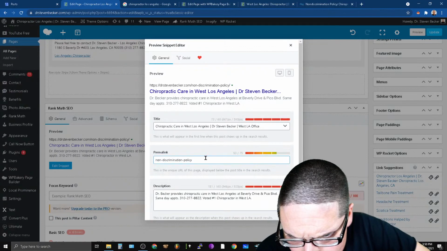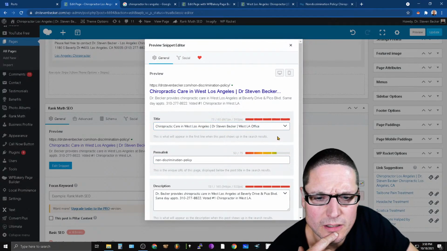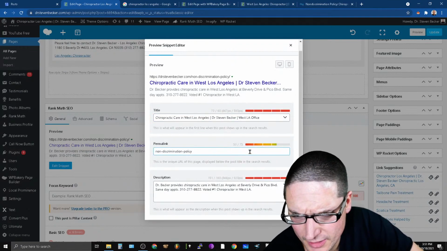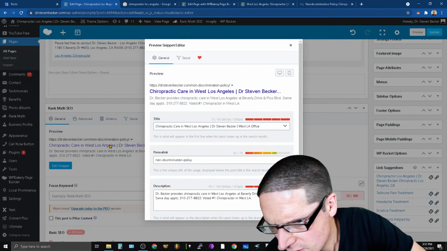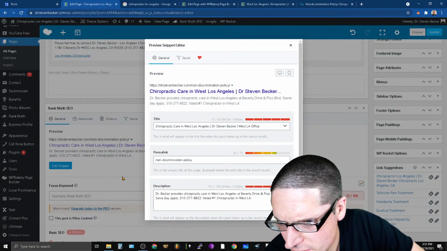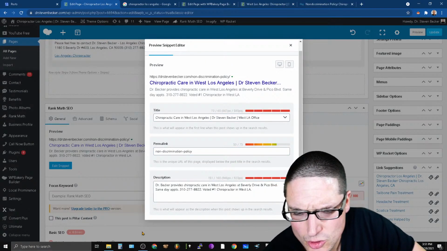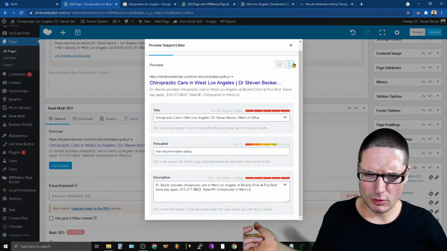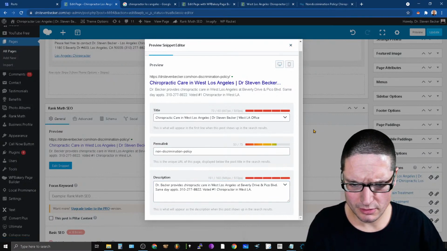Now this. How come it didn't change in here? I might have to go back and do that again. Like, come on, man. Are you kidding me? So preview for this page. So does this tool override the structure of WordPress? No way. Does it? I don't think it should.